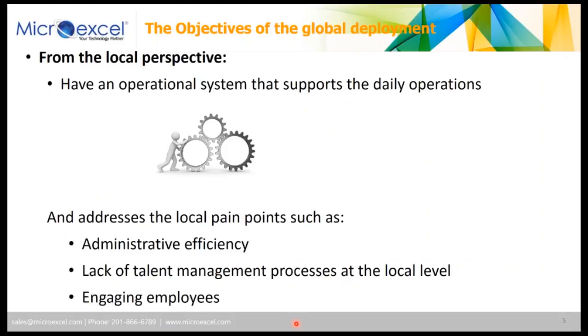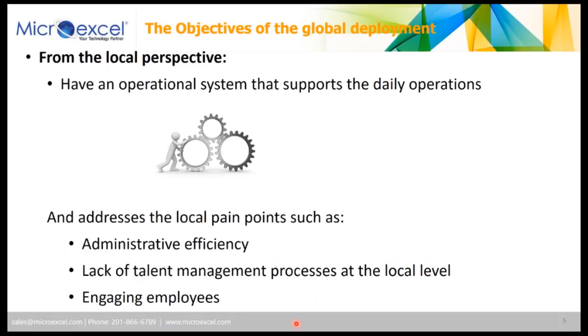They want to have, and people as well, our managers, our employees, they want to have a system that supports our daily operations. Basically, the data that we receive at the corporate level should be just the result of what we are processing in the system, and that should be basically driving the quality of the data. These systems should also address the local pain points. Some areas will have administrative efficiency to address, some others will have a lack of talent management processes at the